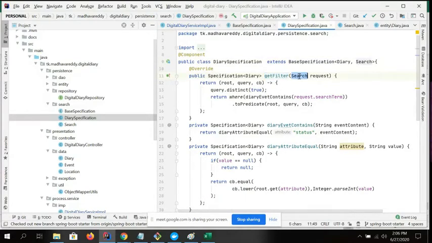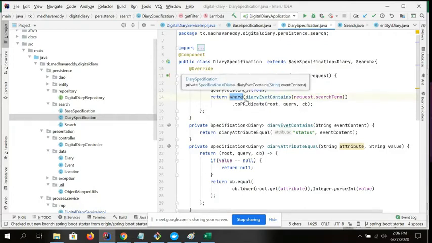I am passing whatever search objects come from the front end. I can show you. When it comes here, this is the condition: which condition you want to perform. I'm going to perform the where condition.